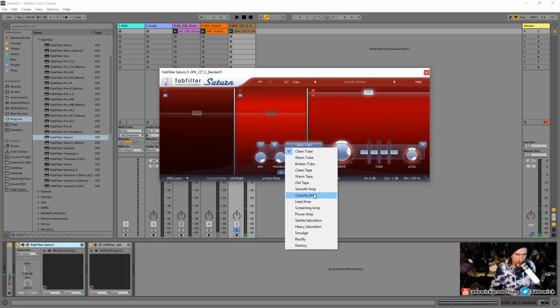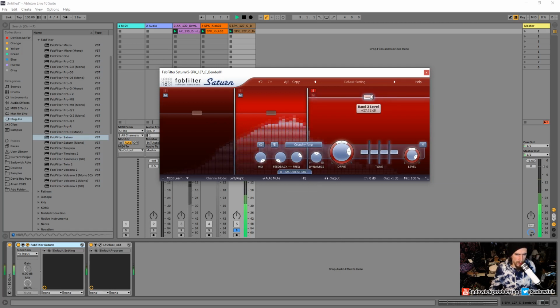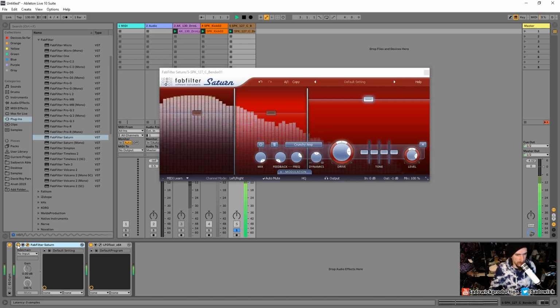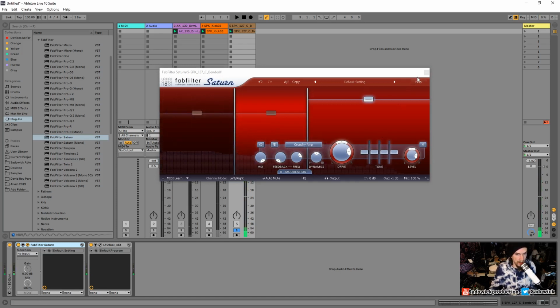We want some more attitude, we'll go Crunch. Right, so all of these together create an interesting sound that is more warm and more lively. So just a quick before and after. Right, pretty neat. So we have a bunch of values here, and what we can do is control